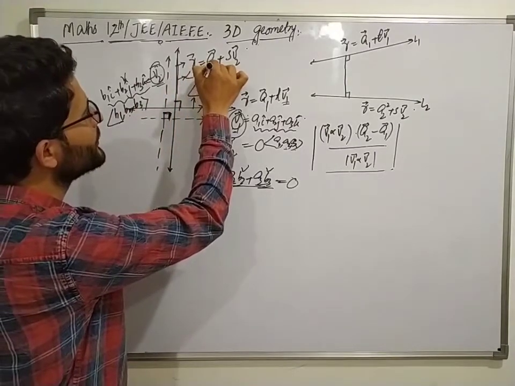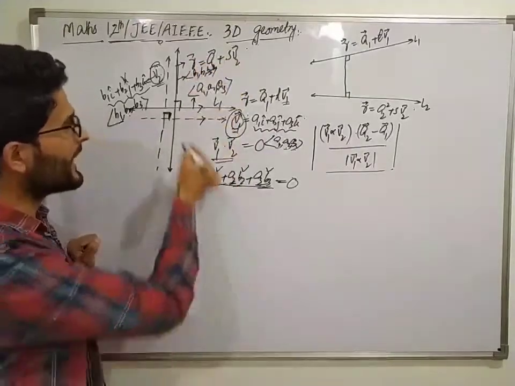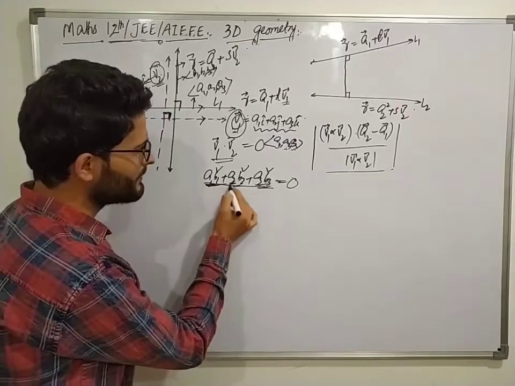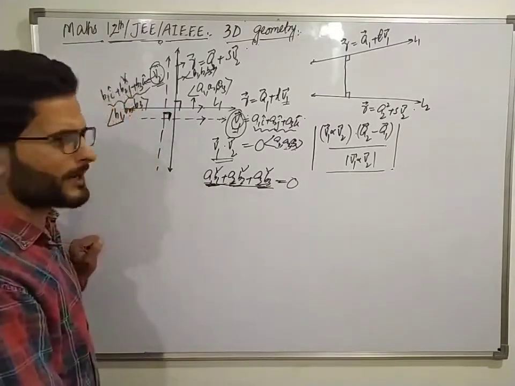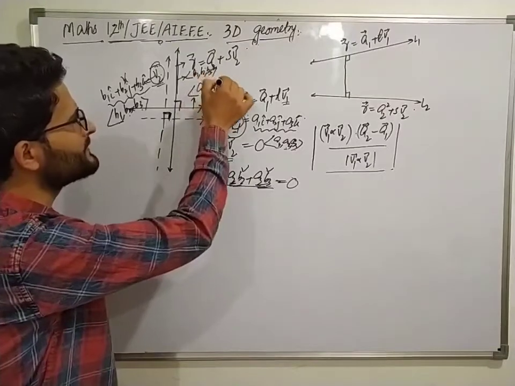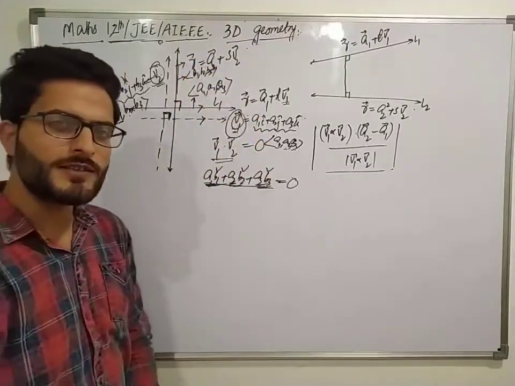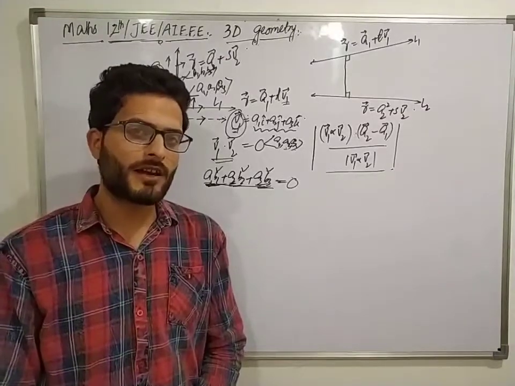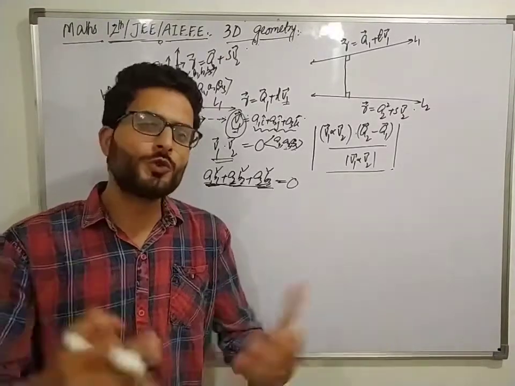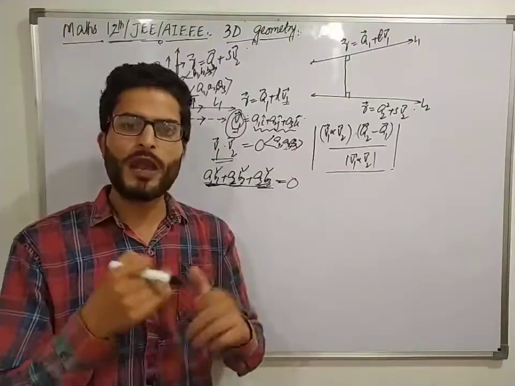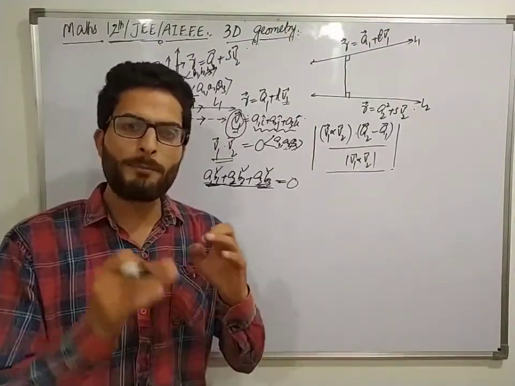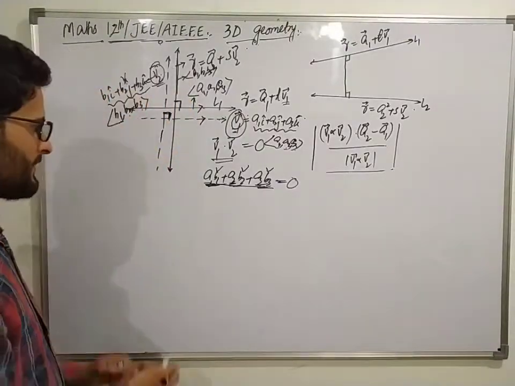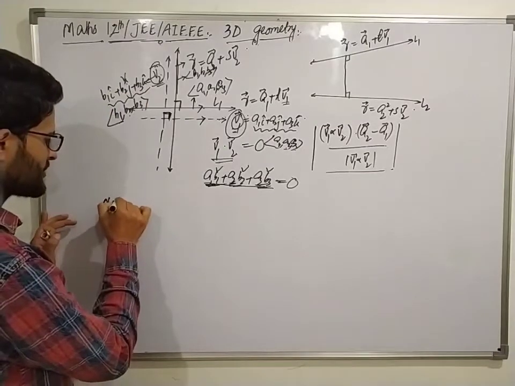अब अगर ये लाइन फर्स्ट एंड सेकंड आपस में परपेंडिकुलर है तो इसका मतलब a1 b1 प्लस a2 b2 प्लस a3 b3 0 के बराबर है, मतलब सम ऑफ प्रोडक्ट्स ऑफ देयर डायरेक्शन रेशियोज इज 0। So if two lines are perpendicular, then the sum of products of their direction ratios is 0, and same is true for the direction cosines. Means if two lines are perpendicular, then the sum of products of their direction cosines is again 0, right? तो यहाँ पे नोट में हम ये चीज मेंशन कर देंगे क्योंकि ये हमें आगे काम आएगा एक्सरसाइजेज में।